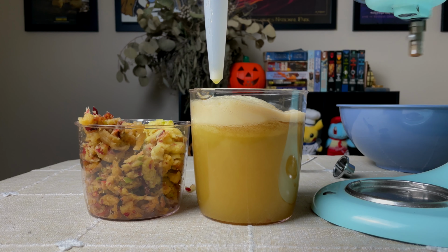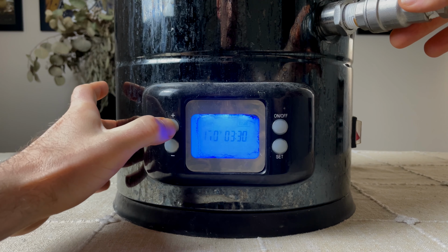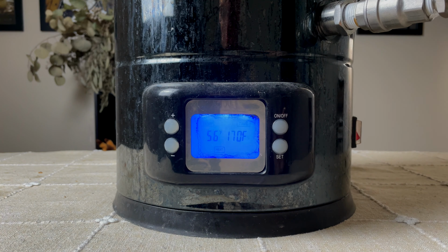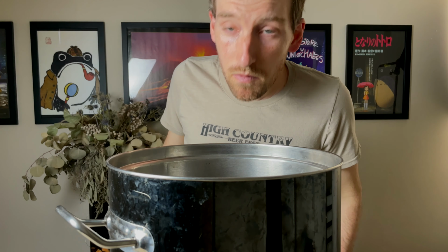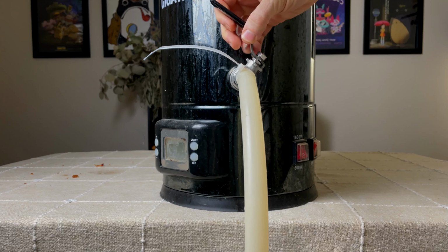And every time I filled up this cup, I poured it in my kettle, and then it was time to heat pasteurize the juice before pitching the yeast. So I increased the temperature on my kettle to 170 degrees Fahrenheit and held it there for 10 minutes. At that point, I also added in a cinnamon stick as well as some yeast nutrient to help out the yeast later. I then cooled it down to the proper yeast temperature and poured it all in my clean and